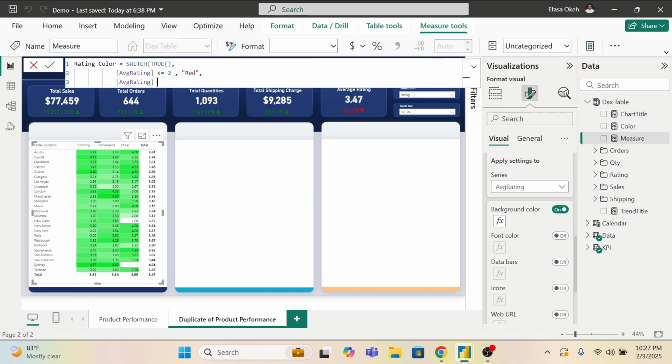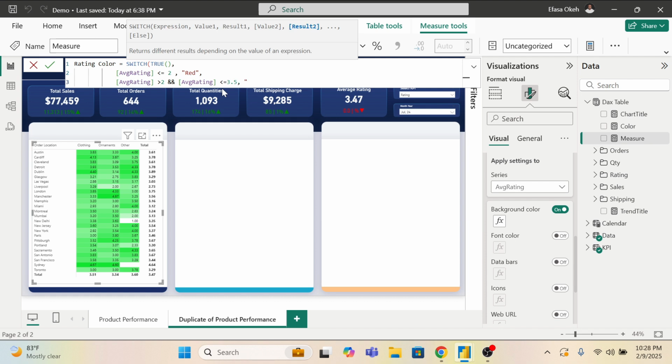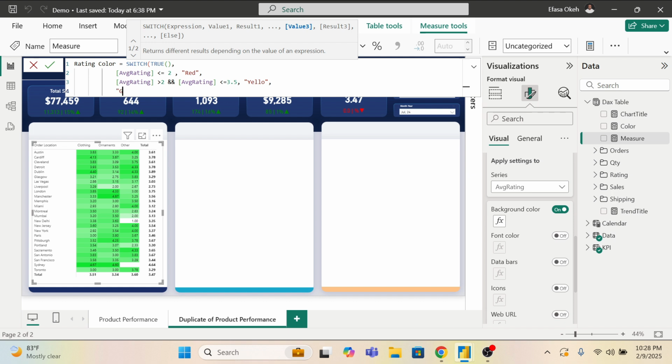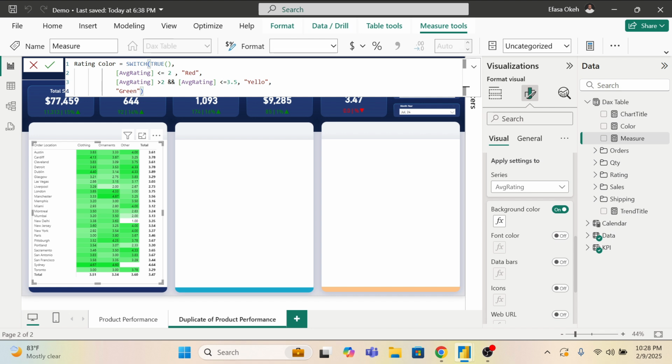Now, if it's greater than 2 and the average rating is less than or equal to, let's say, 3.5, then we want this to be yellow. And finally, it can be green if it's not any of these values, right? So with this rating color we have here,